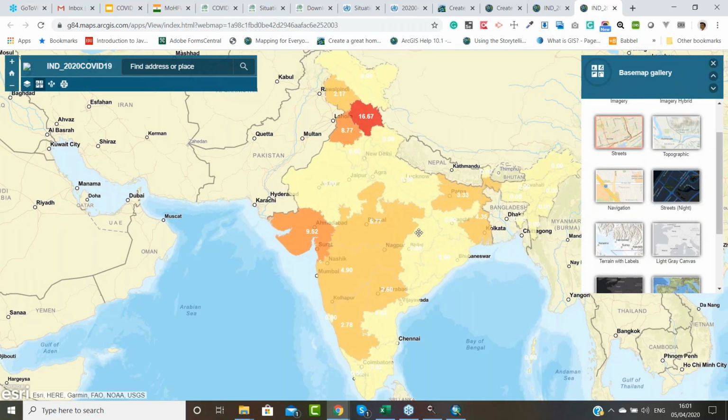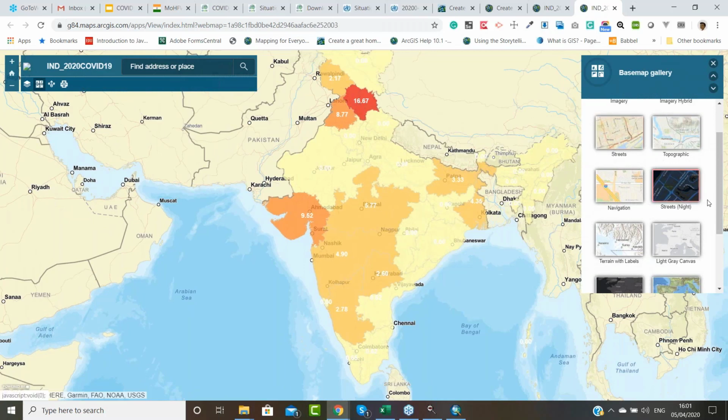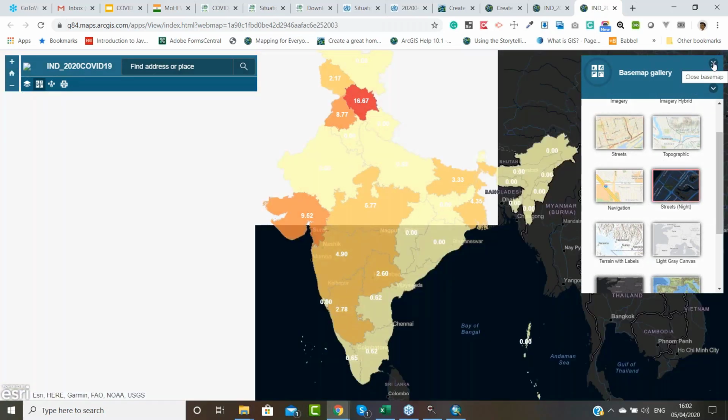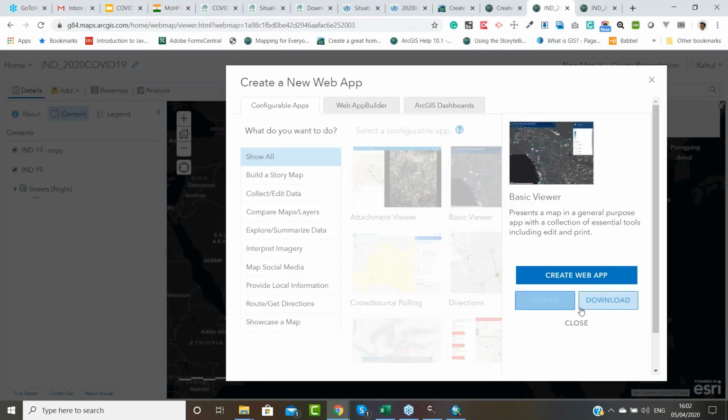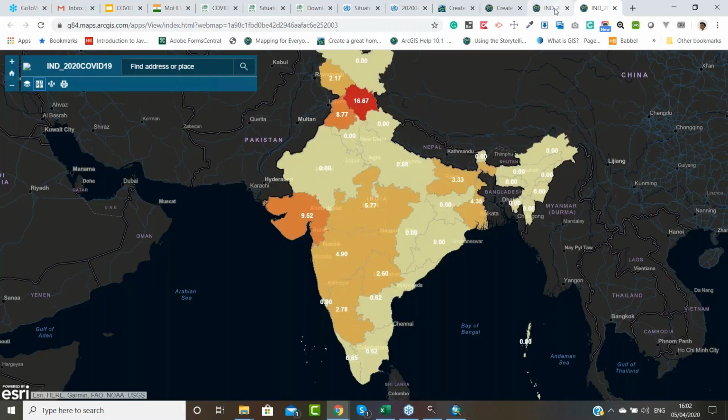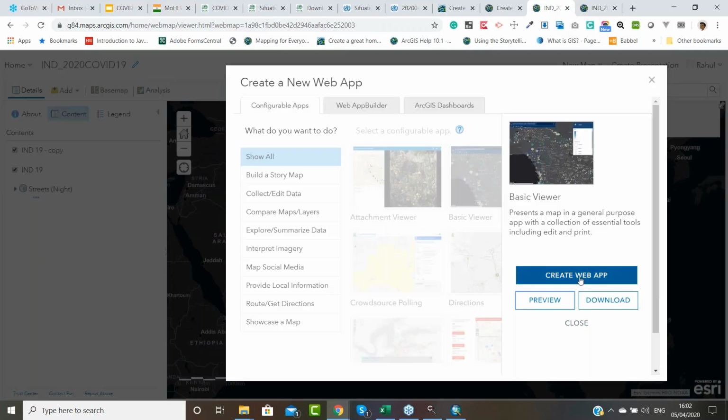So it puts a default map, and we can just choose this template and then okay. Now create a web app. This one, so I will choose this template, then create the web app,